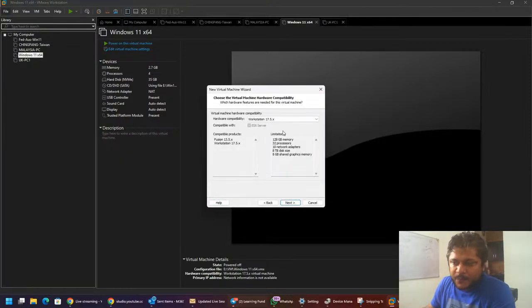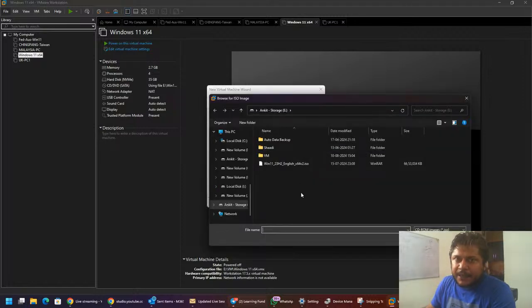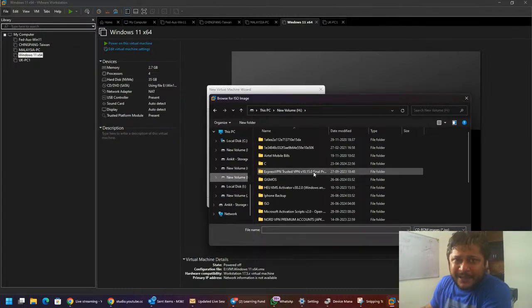It tells us what version of VMware it is running, how much support does it have, like 128 gigabytes of RAM, 32 processors it can support, 10 network adapters, 8 terabyte disk size, and all. Click on next, select your Windows Server 2019 ISO. Those who have already installed Windows Server and it is running right now on VMware, do not need to do it. For people who could not do it last week, just do that. For people who have already done it, watch the screen share. It will be a rehearsal for you.